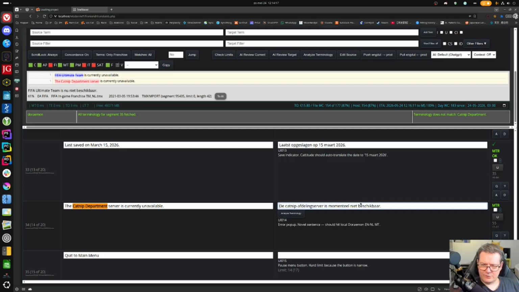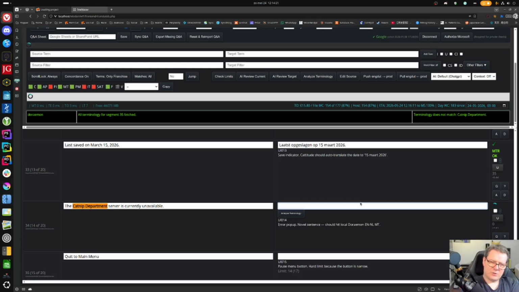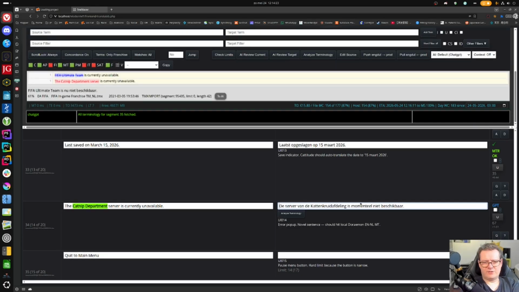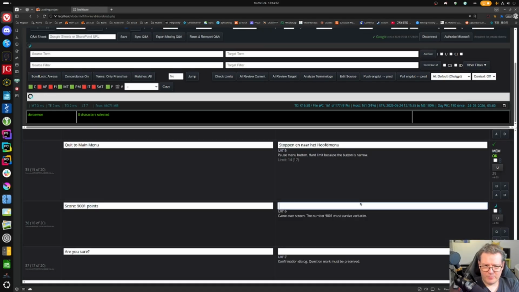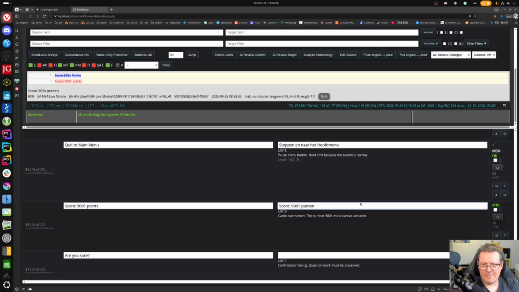This does not adhere to terminology, and it's a bad machine translation. Let's press Ctrl Space. I'm lazy. I don't want to type. Let's ask ChatGPT if it knows something better. De server van de kattenkruidafdeling is momenteel niet beschikbaar. Perfect. I mean, this is not really Shakespeare, is it? Stoppen en naar het hoofdmenu. It adds but, but,